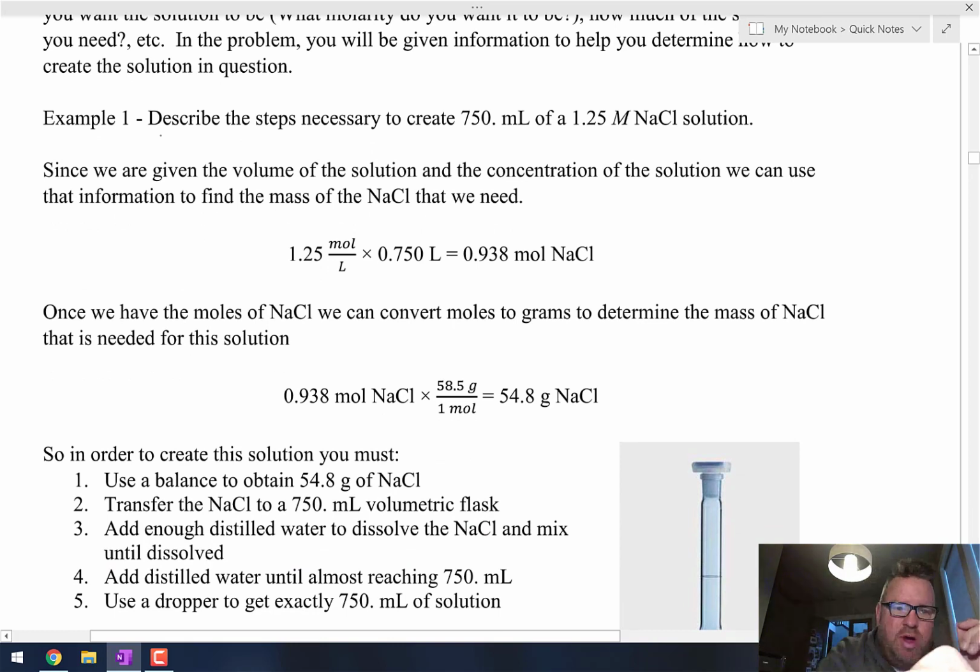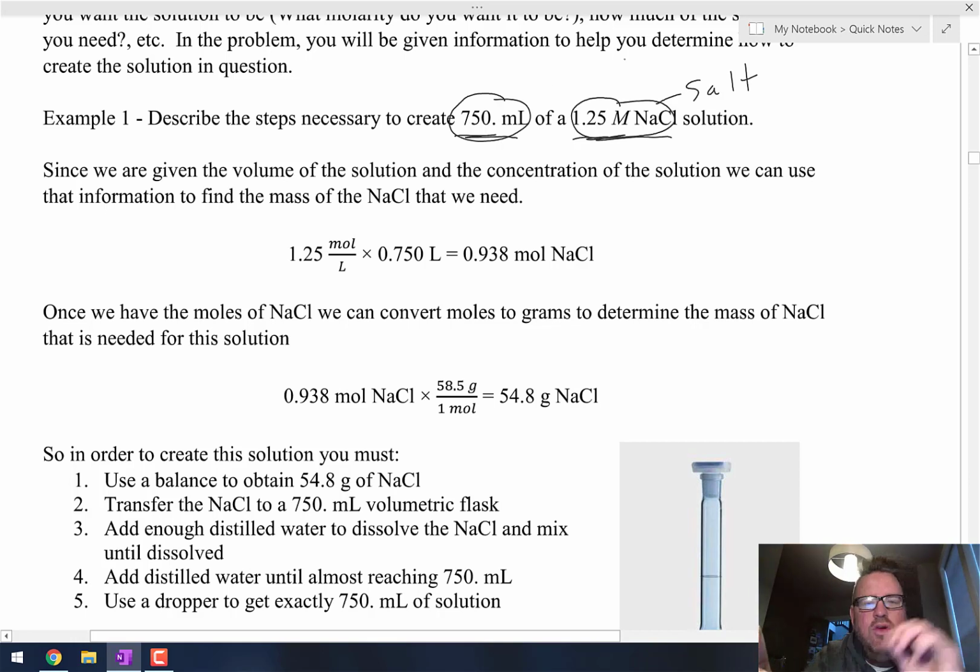Example 1 says, describe the steps necessary to create 750 milliliters of a 1.25 molar sodium chloride. And remember, sodium chloride is just salt. So a 1.25 molar salt solution. Notice right away they give us the volume and they give us the concentration. Really, anytime they give you the concentration, and remember when I say concentration, it means molarity,